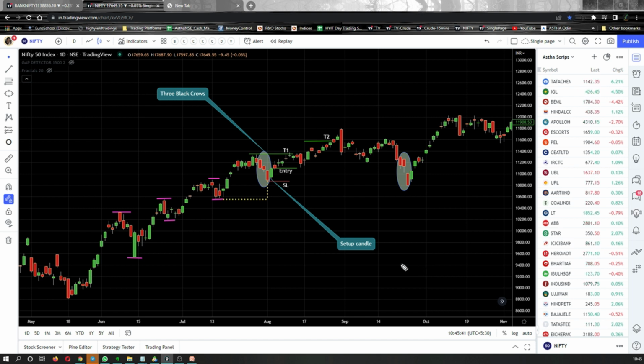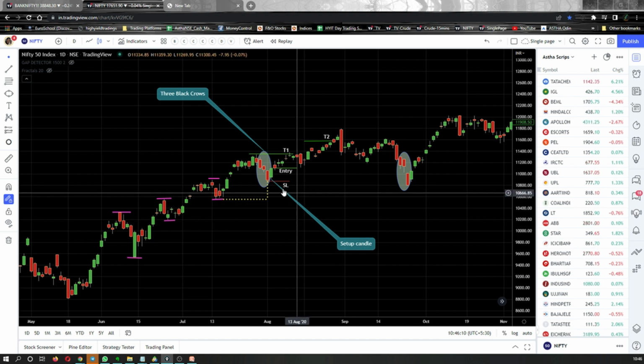The body of the green candle should be a solid green candle. Okay, so the more solid green it is, the more are the chances that the stock prices will go up. Remember that. Now, where should be our entry? Our entry will be at the top of this green candle. So you need to wait for this fourth green candle to close. And once it closes, you can initiate your buy entry.